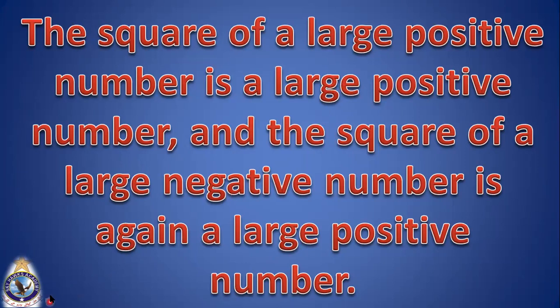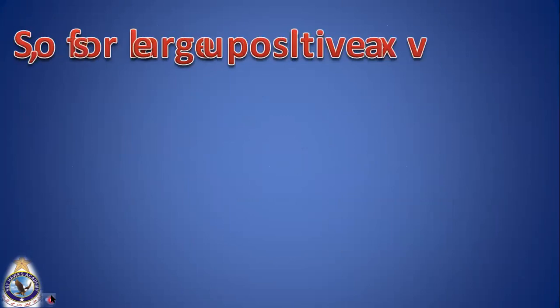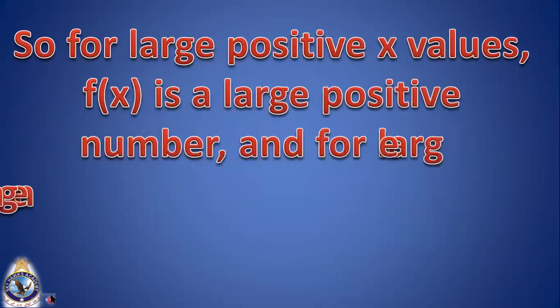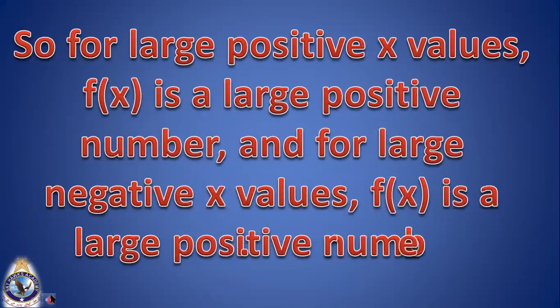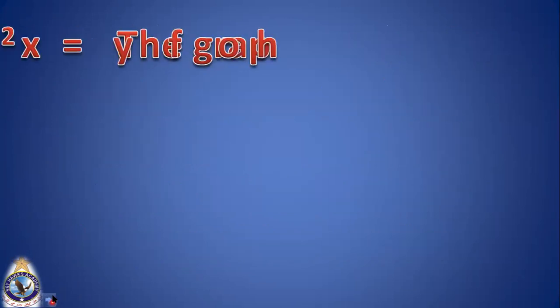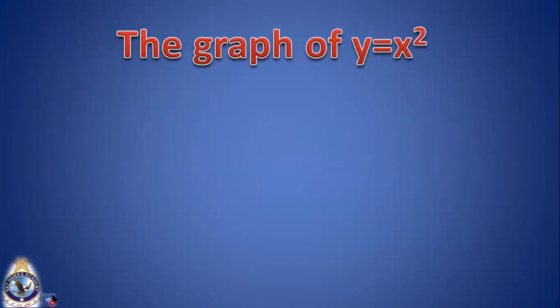So your choice was absolutely right. So for large positive x values, f(x) is a large positive number, and for large negative values, f(x) is a large positive number. And that's why we can say the graph of y is equal to x squared